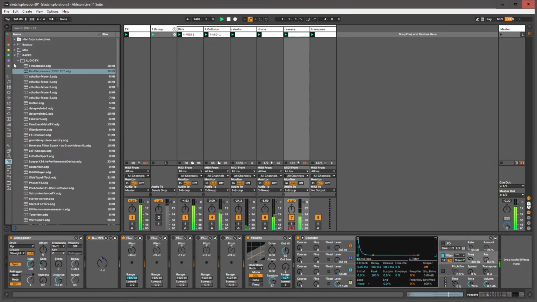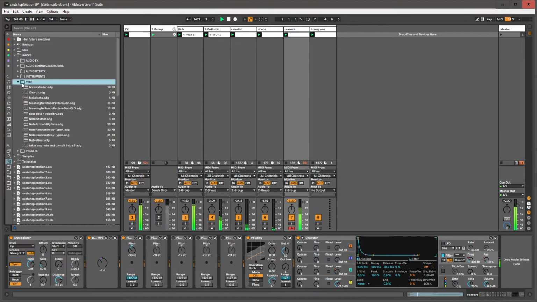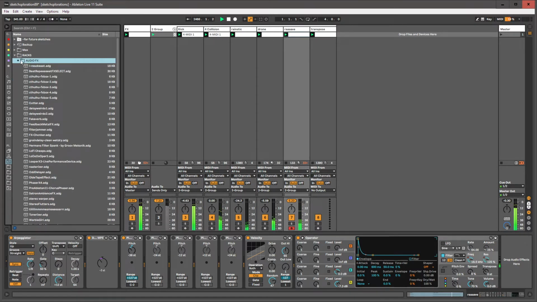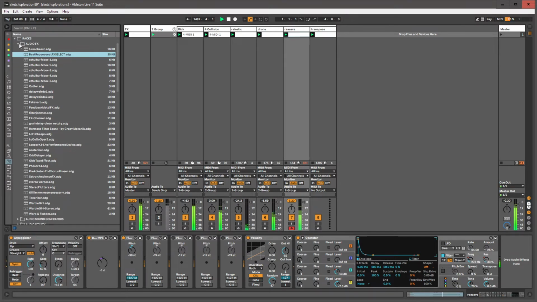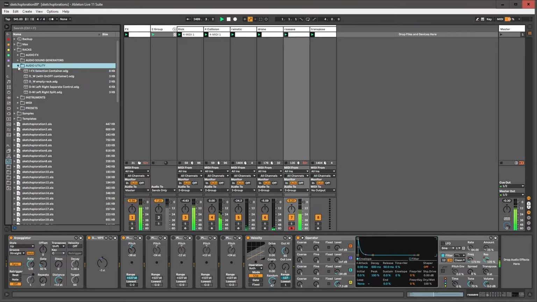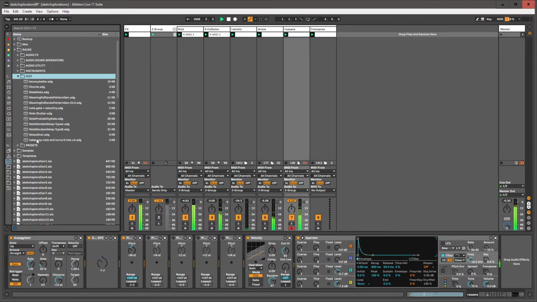Maybe see if we have a MIDI utility. I know we have an audio one, the effects select. We've got one for audio, audio utility, effects selection container, we've got that. I don't believe I made one for MIDI. That's too bad. Well, okay, I would have put these all in there, but instead what I'm going to do